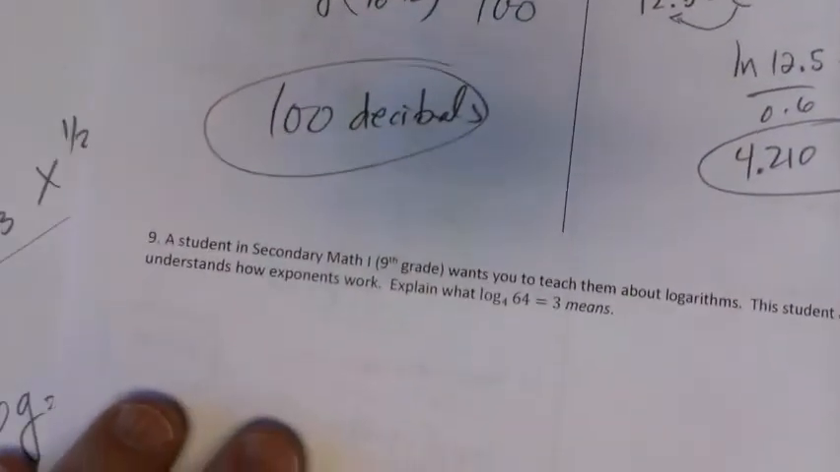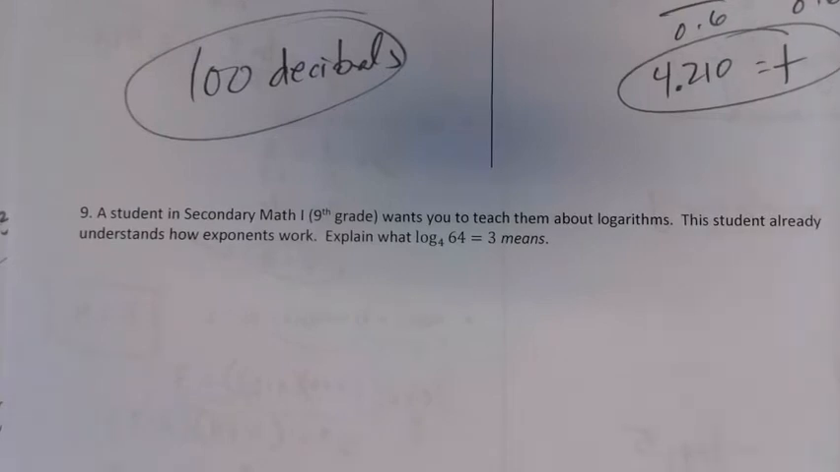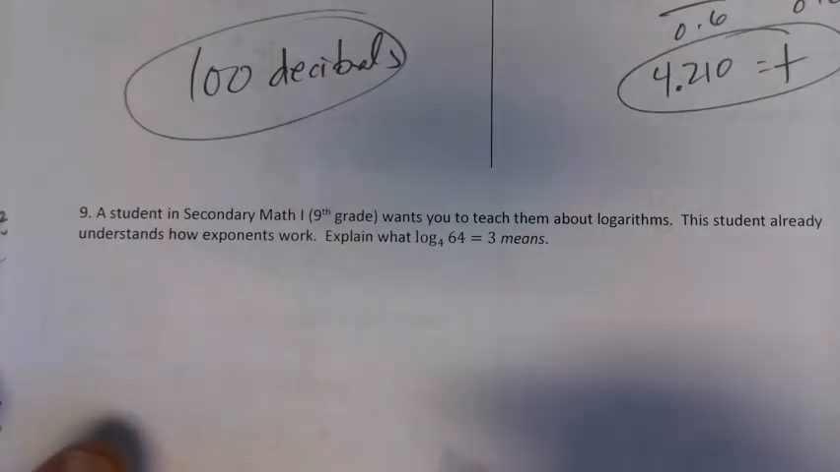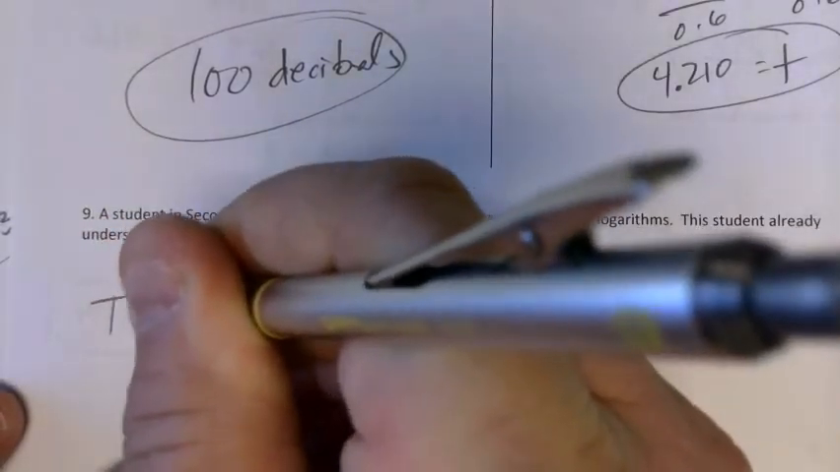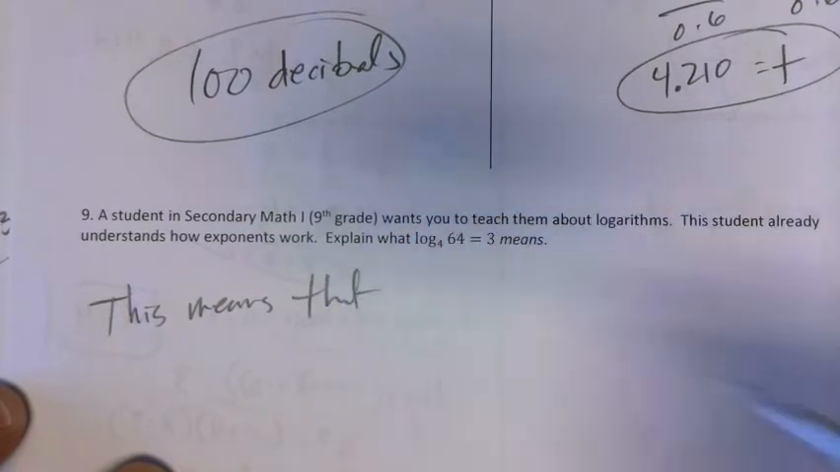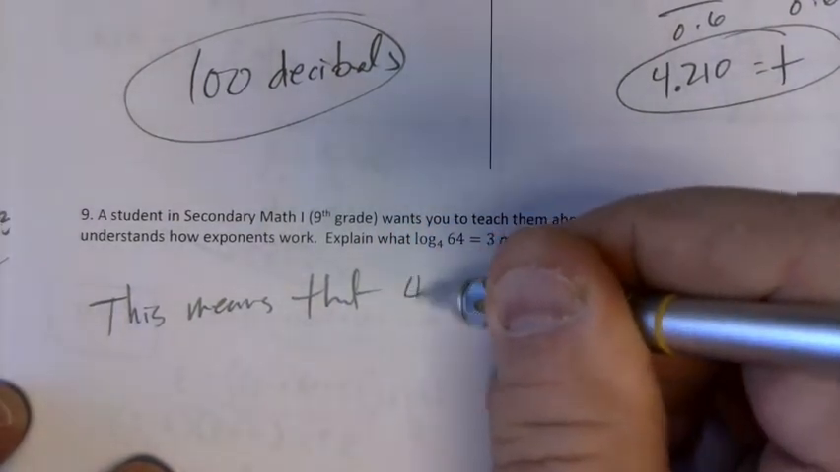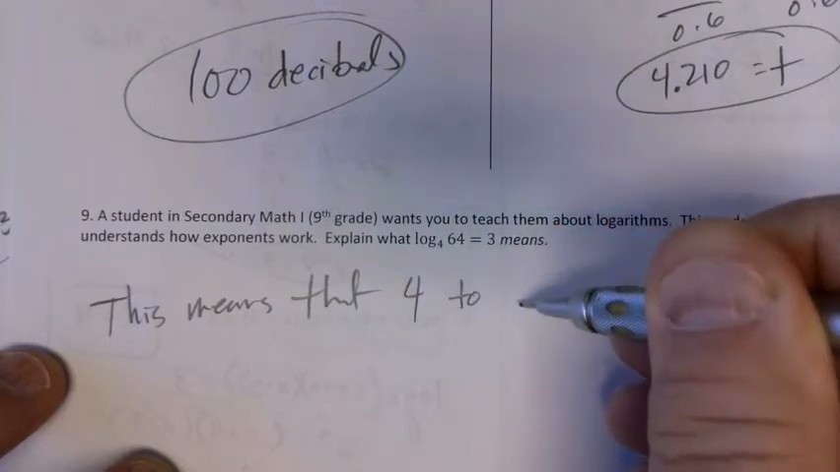Cool. Okay. This is an interesting question. A student in Math 1, 9th grade, wants to teach about logarithms. Student already knows how exponents work. Explain what the log base 4 of 64 equals 3 means. Well, what this means is that 4 to the power of 3